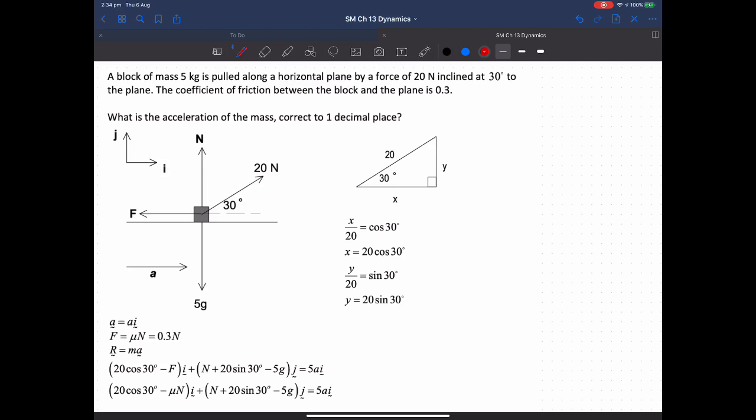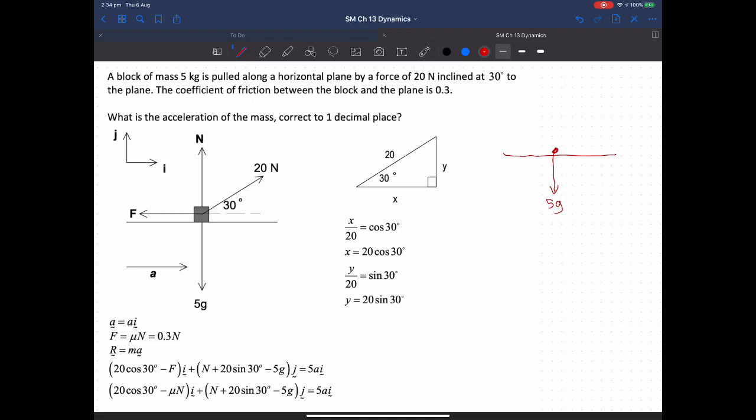In this question, we're looking at a block of mass 5 kilograms. It's being pulled along a horizontal plane by a force of 20 newtons. So, here is my horizontal plane. I have my block, which I'm representing as a point. We're told it has mass 5 kilograms, so we know that the mass 5 kilograms is going to give us a weight of 5g operating